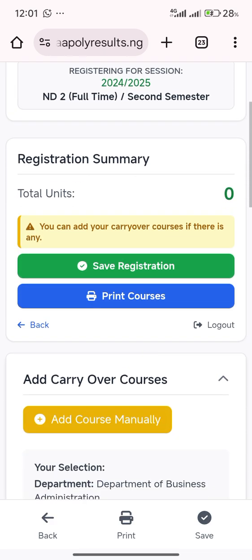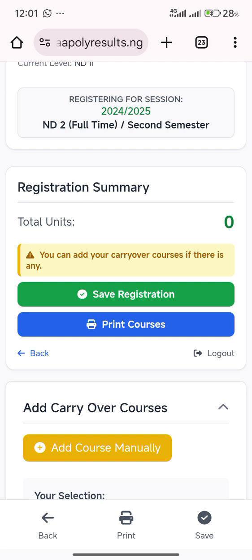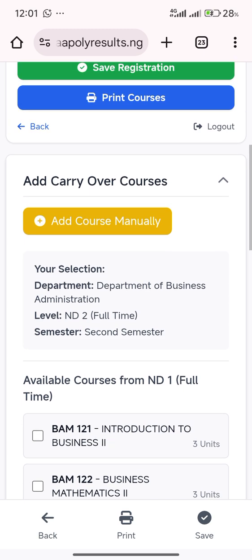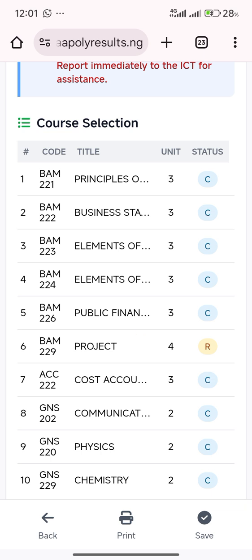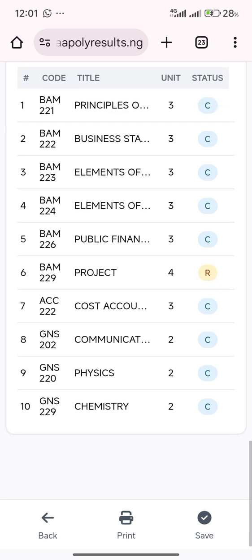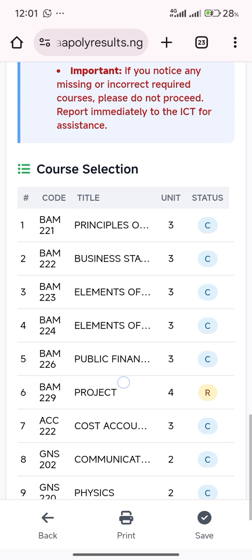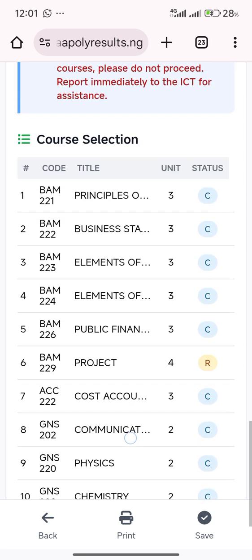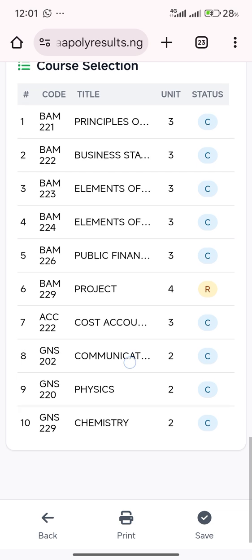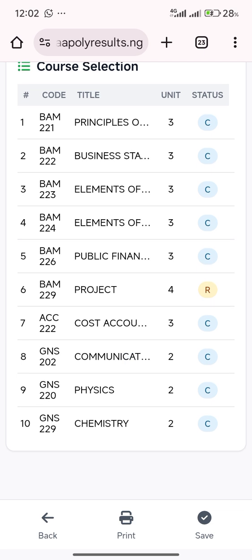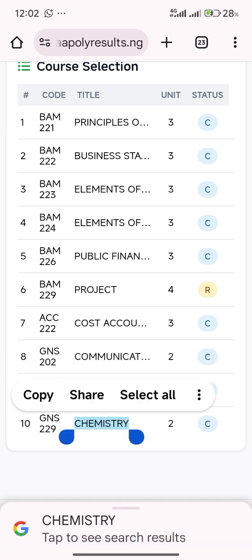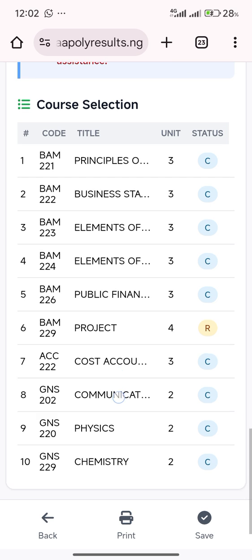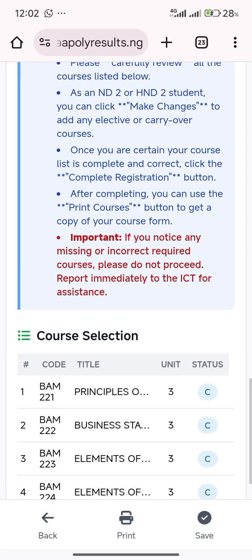Then when I get to course registration here, you see something like total units of registration summary. So you scroll down, then you see your courses there already. What you just need to do is to cross check that these courses are the courses you did. If you find out that there's any course here that you didn't do,